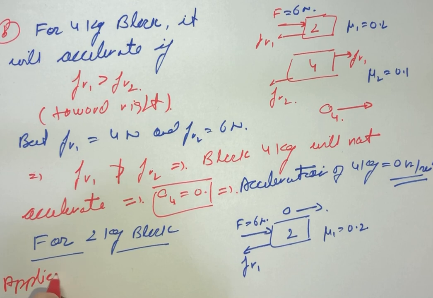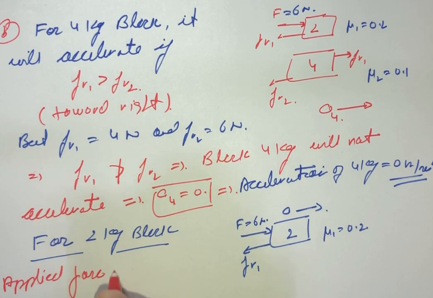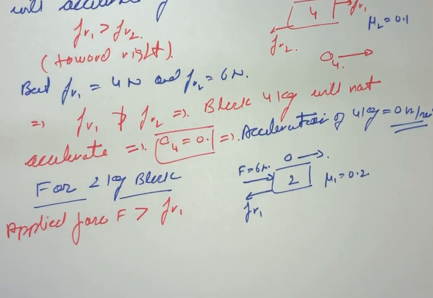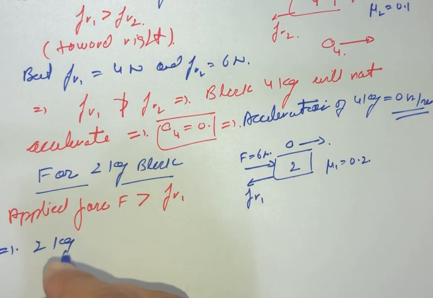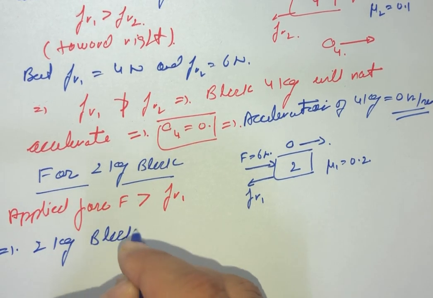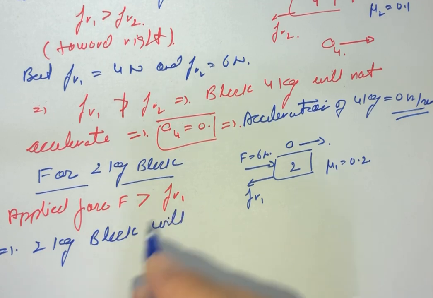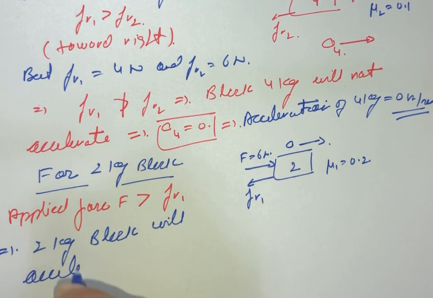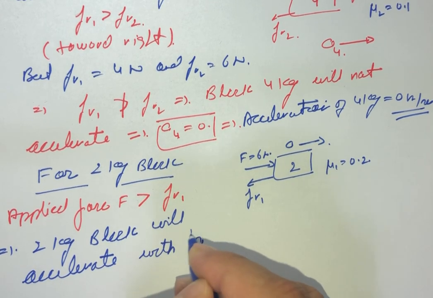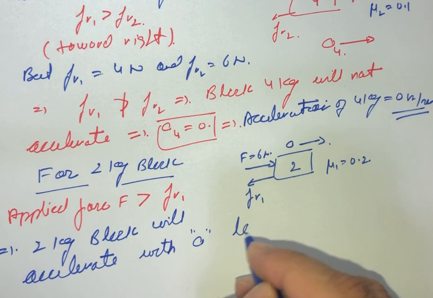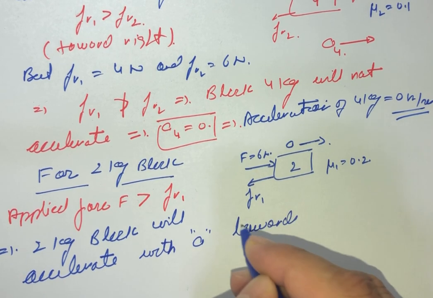Applied force F is greater than FR1, therefore the 2 kg block will accelerate with A towards right,